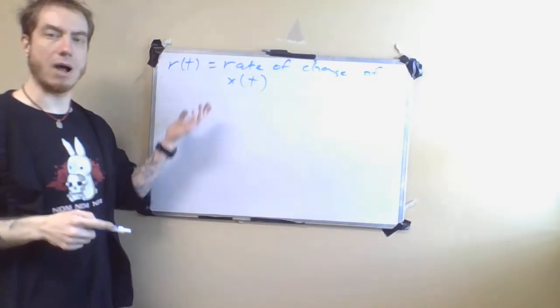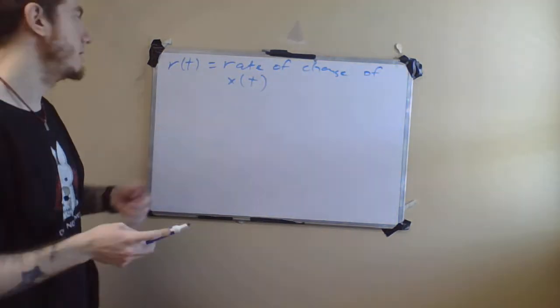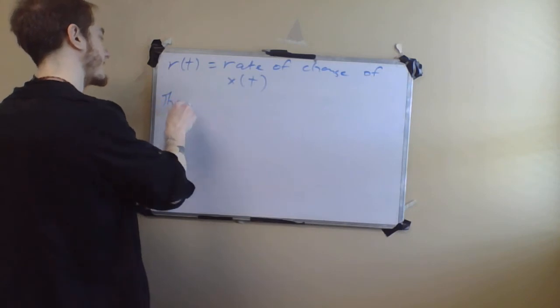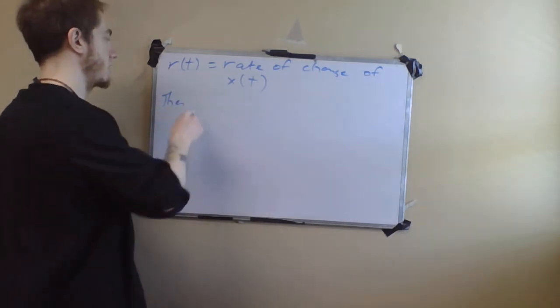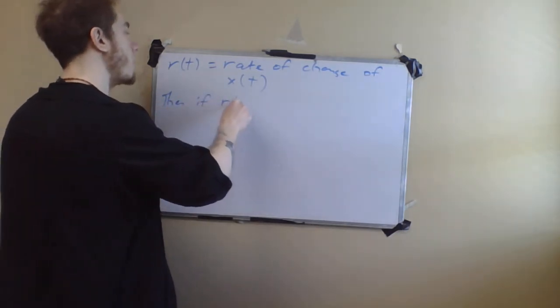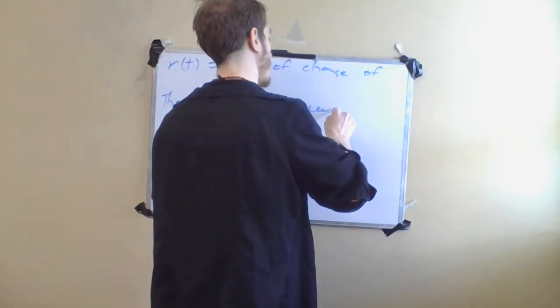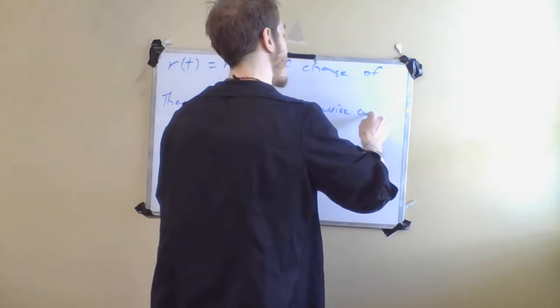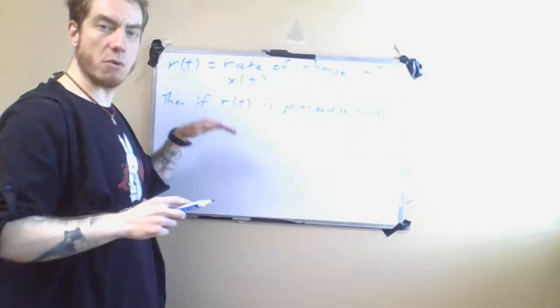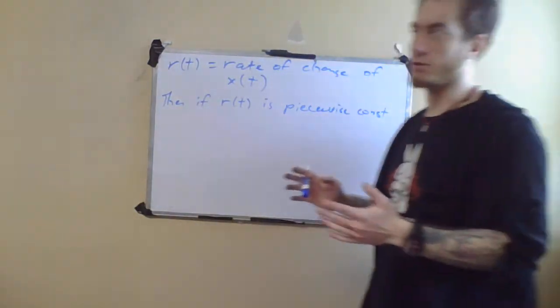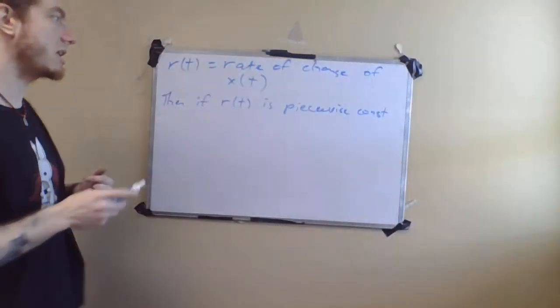I don't know why I'm calling it x, but we need something. So we have x of t. Then, if R of t were piecewise constant, in other words, if we could break up the domain into intervals and on each interval it were constant,